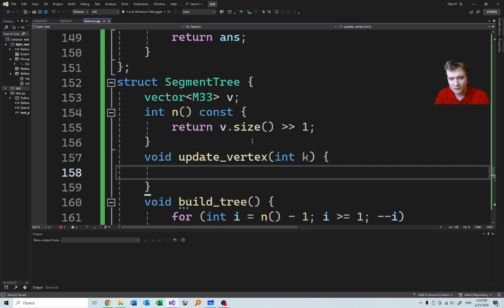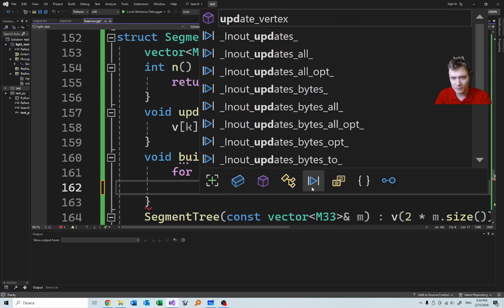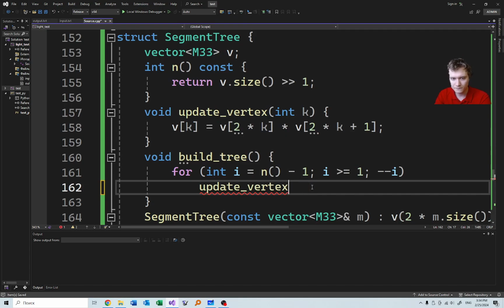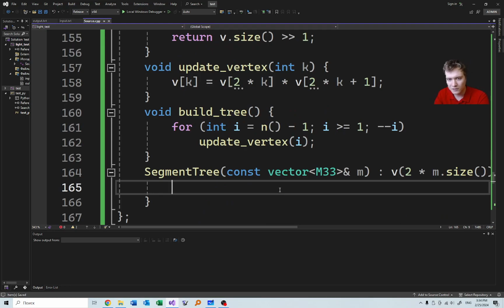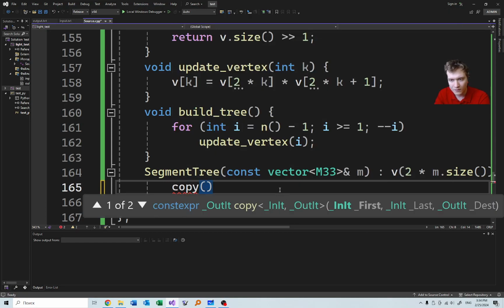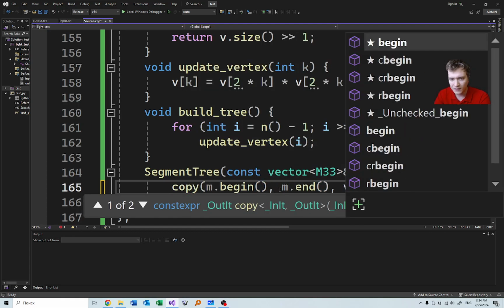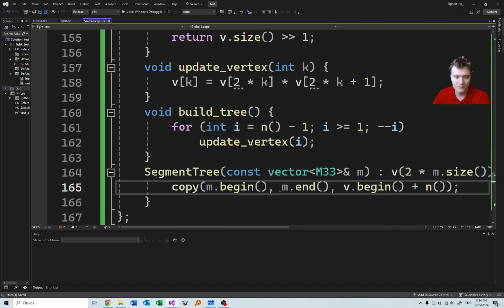And here we say that vk is v2k times v2k plus 1. And here we need to simply update vertex of i. So here we need to transfer m to v, and it is done via copy. Copy m.begin, m.end, v.begin plus n,